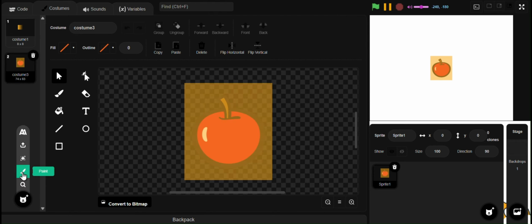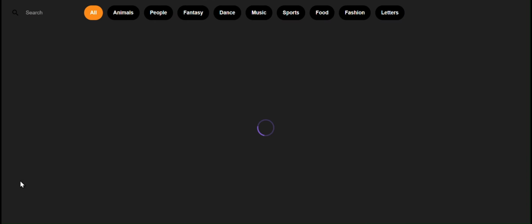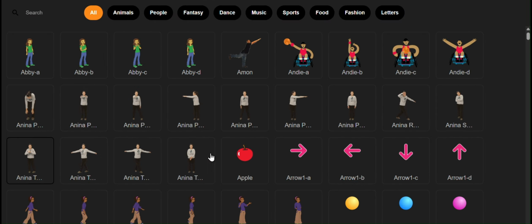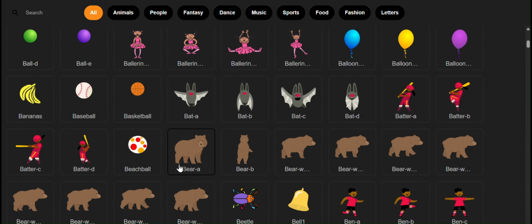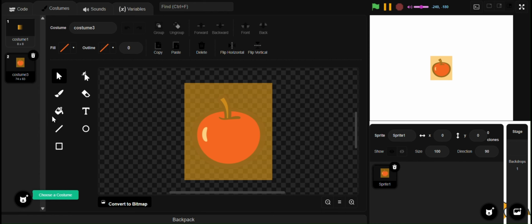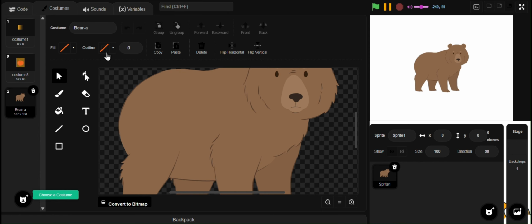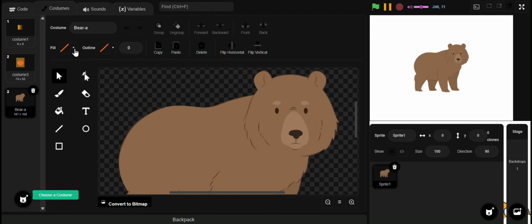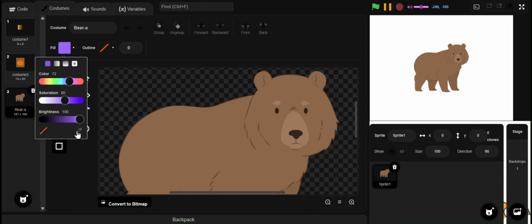So first, pick a costume. Let's say I want this bear. Just wait for it to load. Yeah, and firstly you switch to the rectangle tool and select this color of the bear,